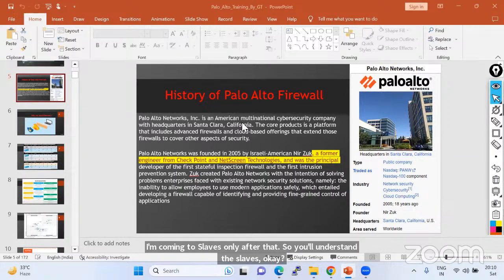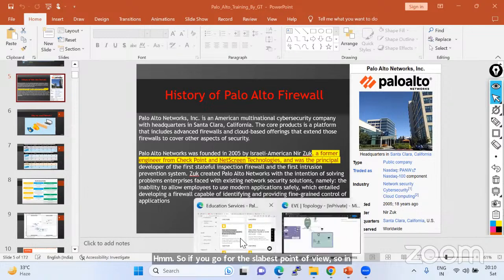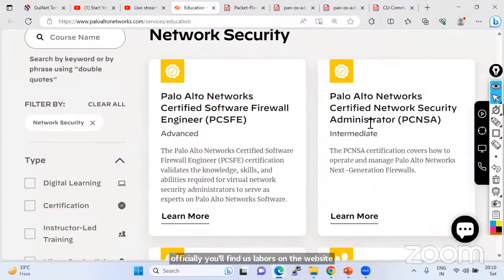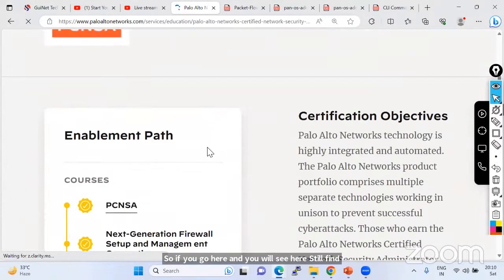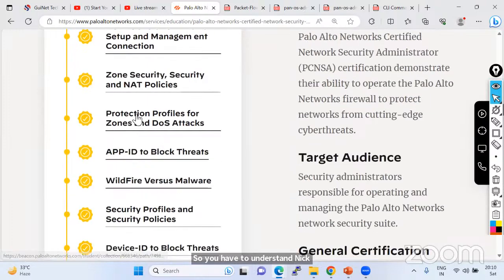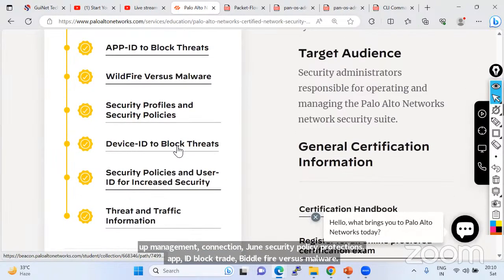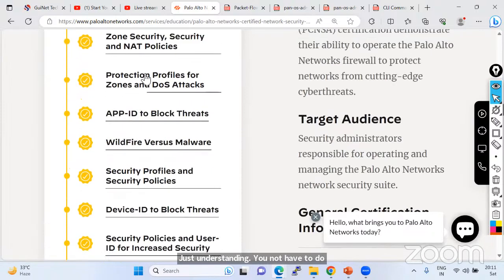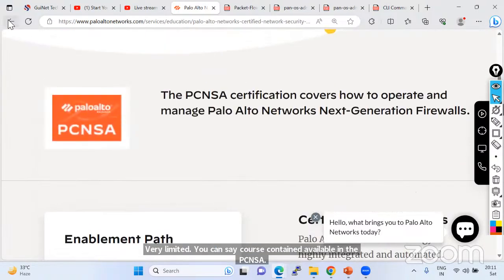So from the syllabus point of view, officially you'll find the syllabus on the website. If you go here, you will see PCNSA, learn more. If you click that, you'll find the complete syllabus here. You have to understand next generation firewall setup, management, connection, zones, security policy, protections, App-ID, block threat, WildFire versus malware. Just understanding. You do not have to do a lot of labs. The course content available in the PCNSA is very limited. But if you go to the PCNSE,